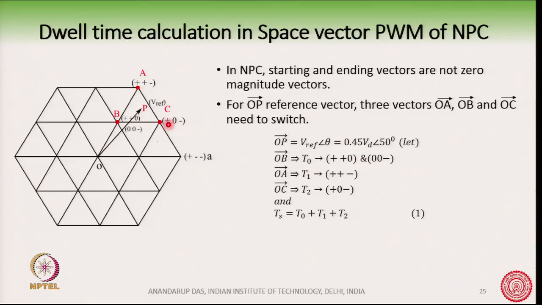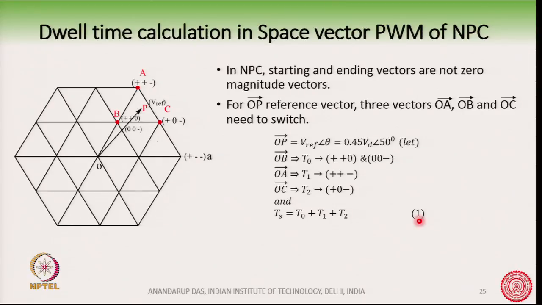So, the total switching cycle is Ts equal to T0 plus T1 plus T2, so that in a switching cycle we will use the OB vector for T0 time, OA vector for T1 time and OC vector for